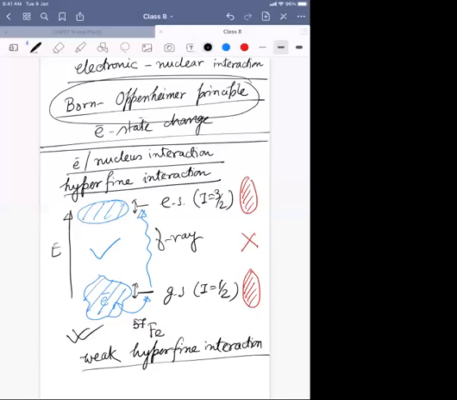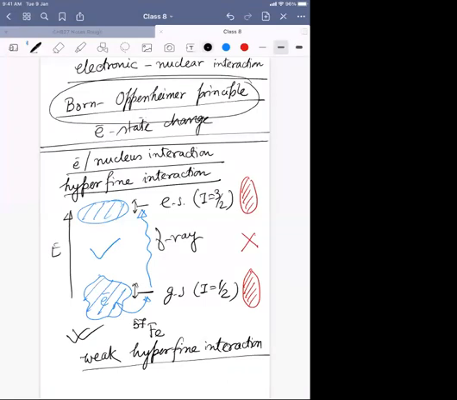Why? You can think about that very easily. The effect of the electron on the nucleus will be a very minimal amount of energy, whereas the energy state I'm changing between the ground state and the excited state is happening in the region of gamma rays. And the electron and nuclear spin interaction is happening at much lower energy. So the resolution needed is very small. It is kind of like finding a speck of grain on an elephant. There is an elephant and there's a very little speck of grain on its back. You are trying to find it. It's very tough to see because the resolution you need is very small.